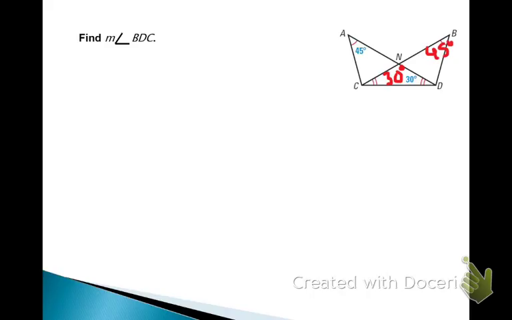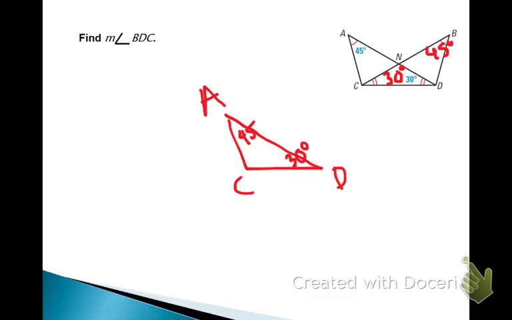So let's draw these separate. They're overlapping. We're going to separate them. This is ADC. This is the 45. And the D would be 30. Right? And then the other triangle